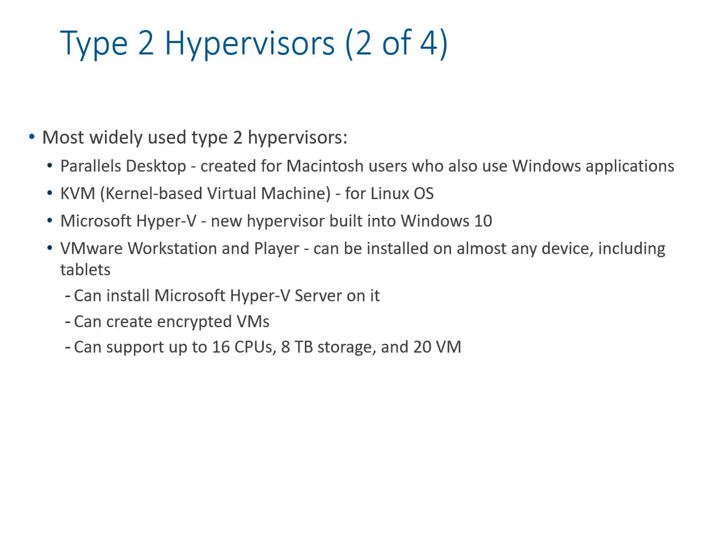Now, the most widely used type 2 hypervisors are Parallels, that's for Mac operating systems, and it comes with Macintosh OS. And then we have KVM, kernel-based virtual machines, for Linux operating systems. Then we have Microsoft Hyper-V. Again, that's a free version of the hypervisor, which comes with Windows 10 Professional. You'll not find it in Windows 10 Home. It's built into Windows 10. All you need to do is enable it by going to Programs and Features